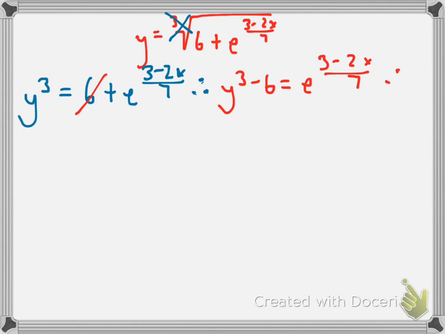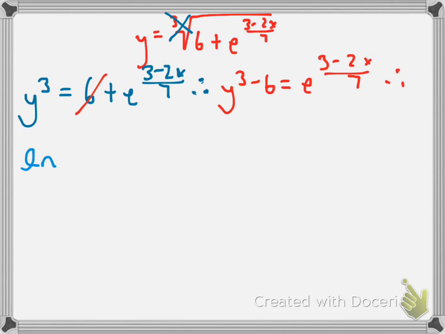Next, we need to get rid of that e, because the x is still up here, so we need to get that by itself. So in order to get rid of e, we said we had to do the opposite of e, and the opposite of e is the natural log. So what we're going to do is take the natural log of both sides, and so then that becomes,